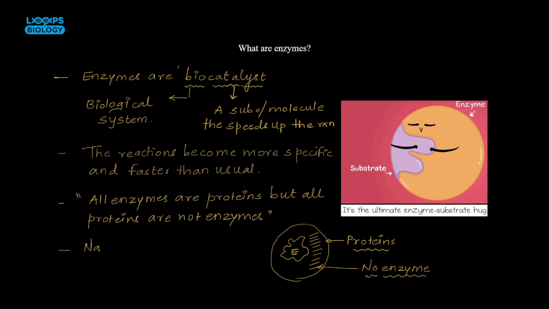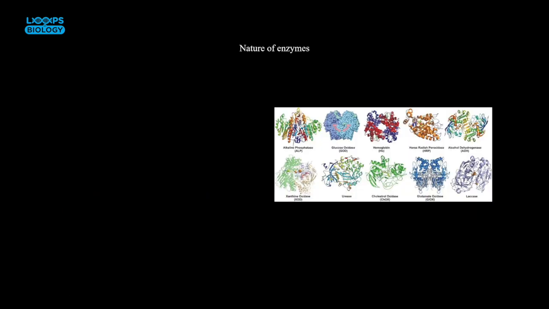So the nature of enzyme is nothing but proteinaceous in nature. Got it? Now how did this particular thing come about? Whenever I am considering the nature of enzyme, we have seen that the enzymes are made up of proteins. When the scientists tried to isolate this particular enzyme, isolation means